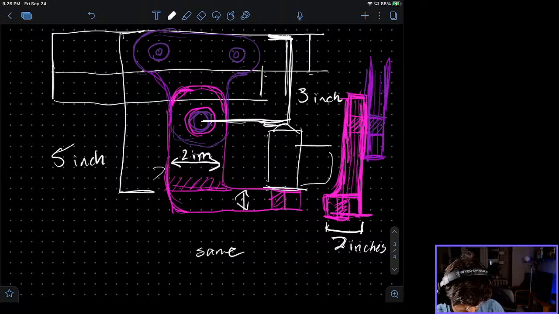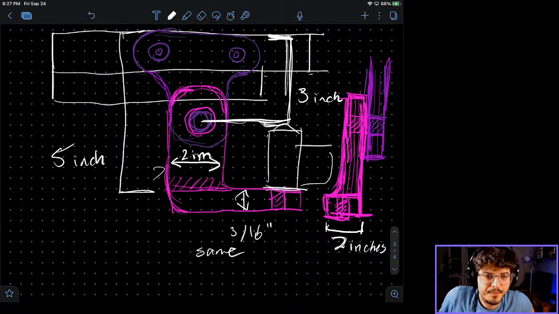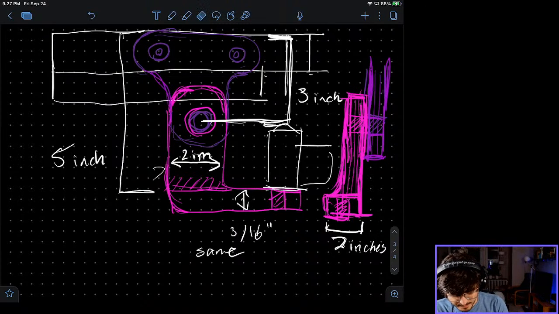My cat's trying to get some attention. If I did 5 millimeters, that's 3/16. Wow, let's do this a little nicer. Also, I promised that my writing is going to get a little better too, so that we don't have to question whether I'm an adult or not. There we go.